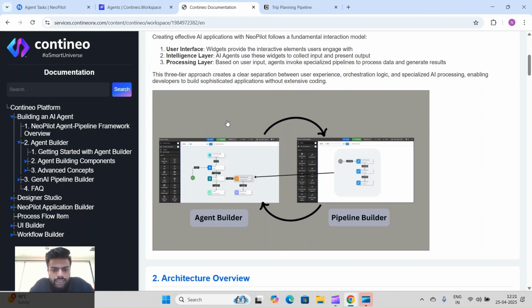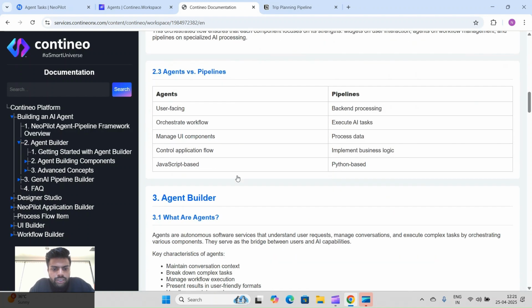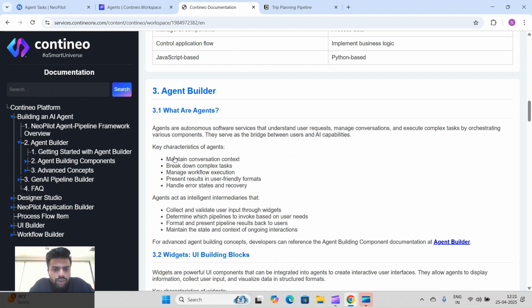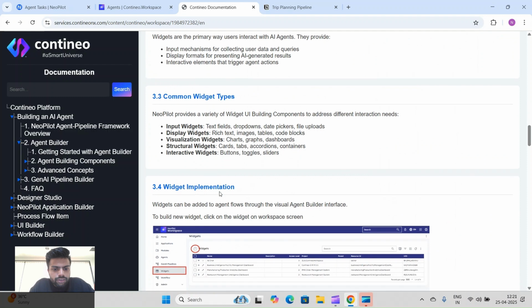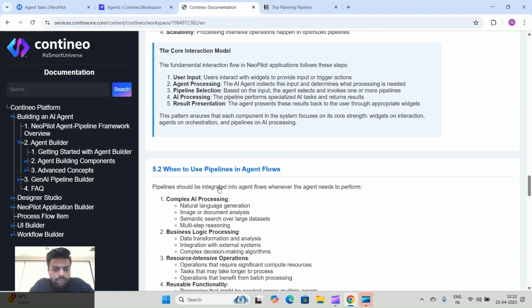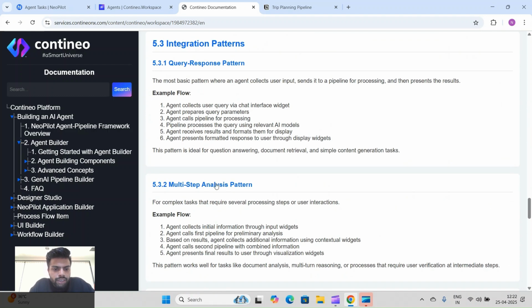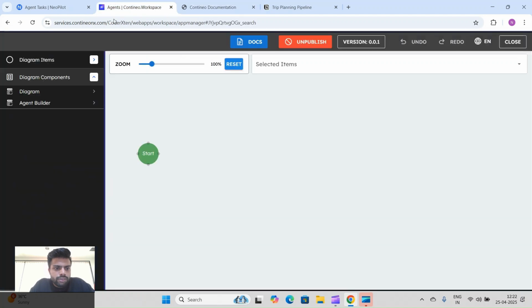Here you can see we have one agent diagram and one pipeline diagram, and how we call pipelines in our agent. Also a basic overview of our architecture, why we use AI agents, why we use pipelines, and how we integrate them. All these things are mentioned here. So let's get back to our previous screen.